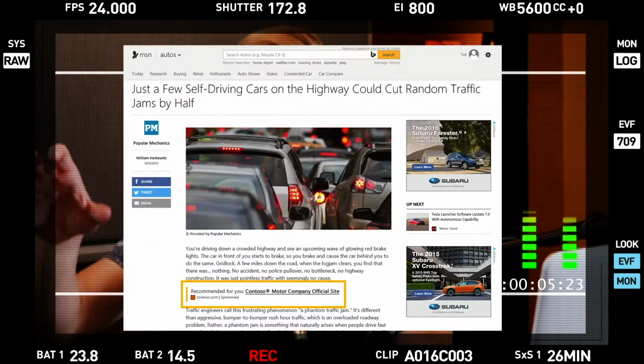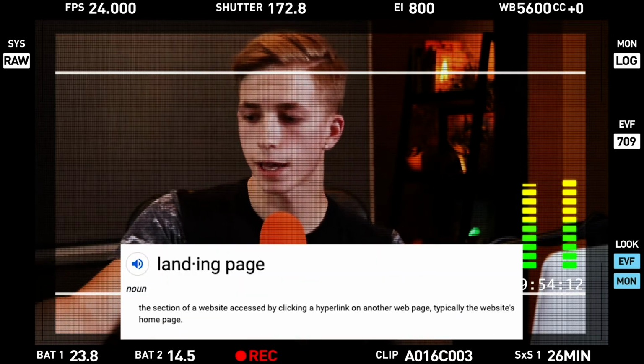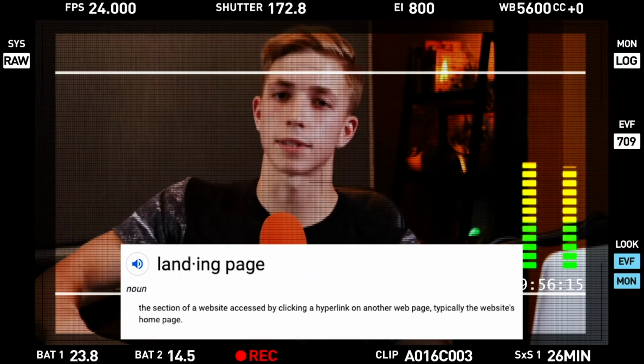That's what we use. We target people based on that, and whenever something like that would pop up, it would say sponsored, and it would say like a PDF on how to get over addiction or something like that. Whatever's going to get them to click, they would then click on that ad, and then we need them to land on a landing page. So they would go to that landing page, and that's how we would get them to fill out a form, and that's how we get their email to send them the PDF.